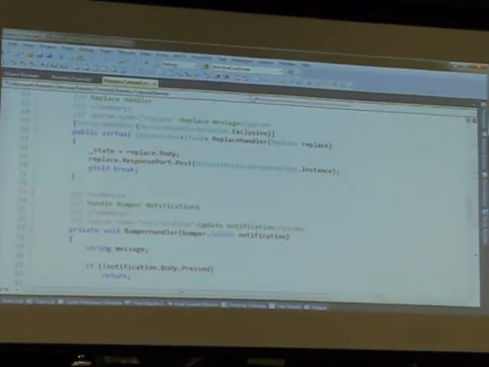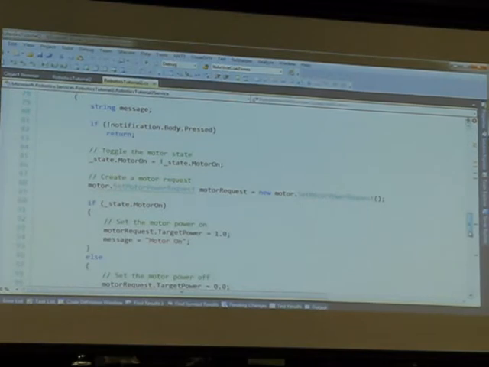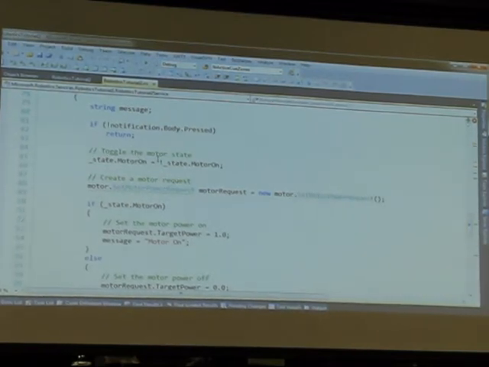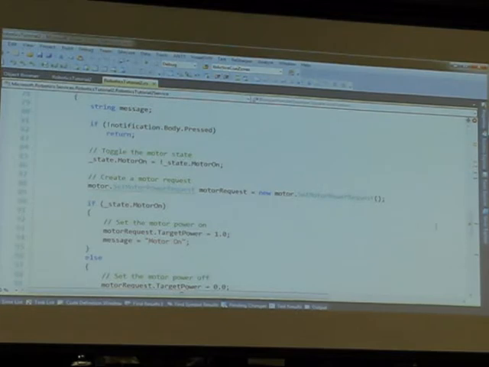And what I'm going to do in this case is either turn the motor on or off. The state of the motor, I'm basically in this code reversing it, right? If it's on, turn it off. If it's off, turn it on. And then a little bit of logging information and setting the power level happens there.